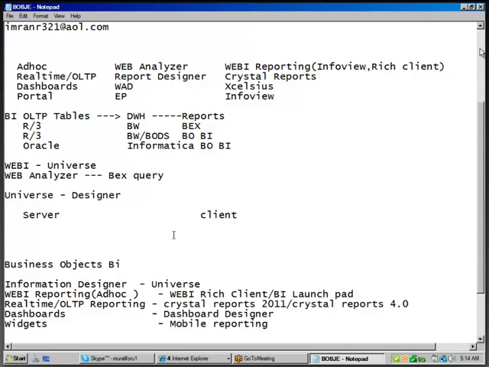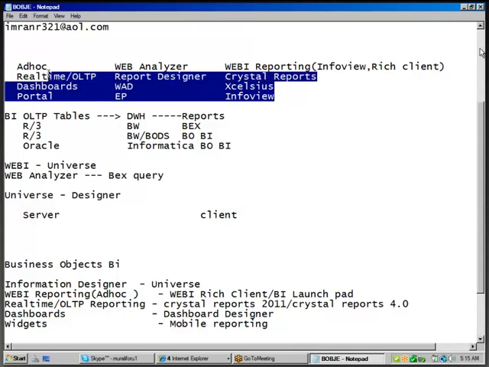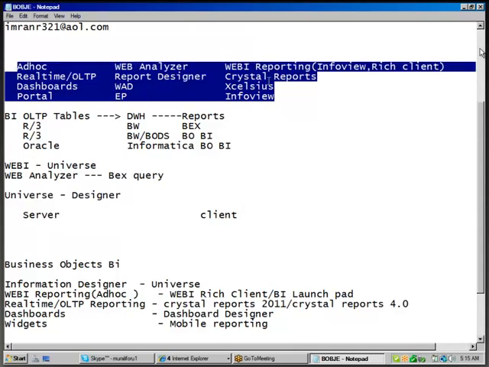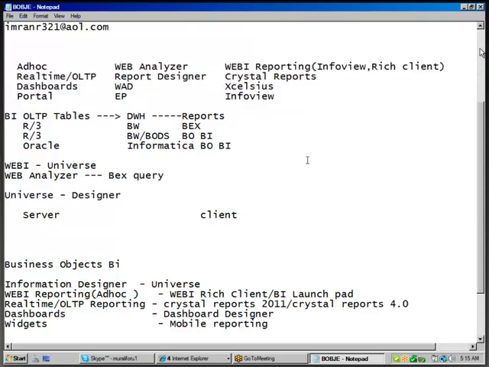In earlier SAP, for creating ad hoc reports, they had a tool called Web Analyzer. In BO, we have a tool called WebI Rich Client or BI Launchpad. These are the new replacements for SAP reporting tools. I told you BO is a separate company and SAP is a separate company. BO has separate tools to create ad hoc reports, real-time reports and dashboard reporting.